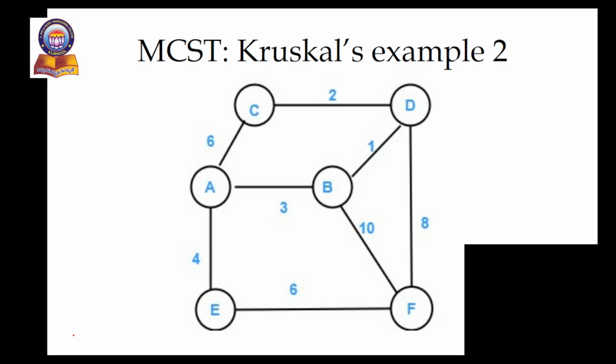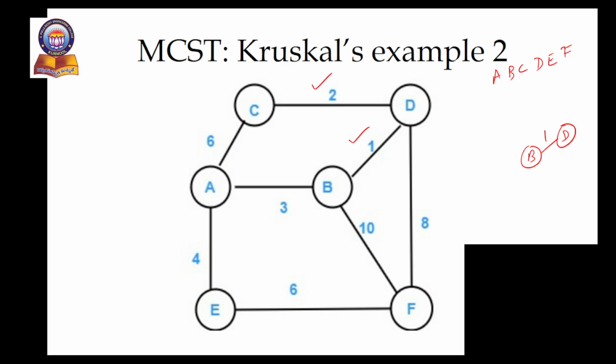So coming to the next example, that is solving Kruskal's algorithm for the given undirected graph, how we can solve. So here, as I mentioned, what are the total number of vertices present? That is A, B, C, D, E, and then F. These are the vertices which are present. And out of this, if you consider the minimum, B to D is the edge with the minimum. Draw the edge from B to D with the edge cost equal to 1,